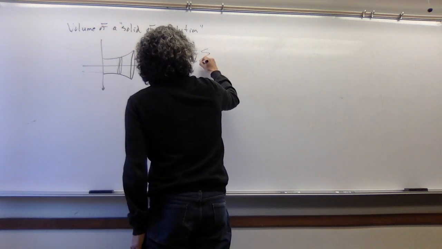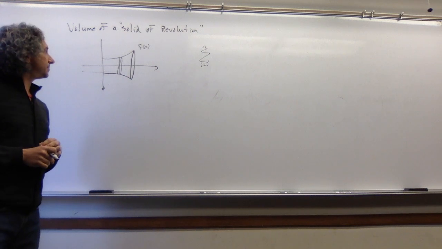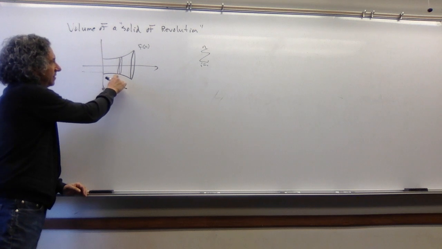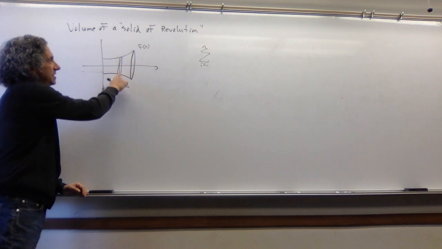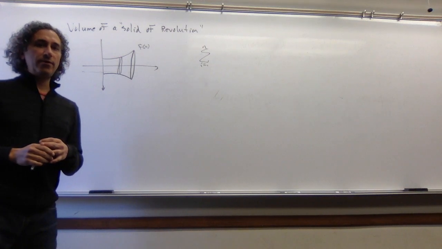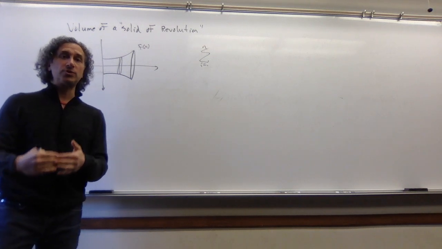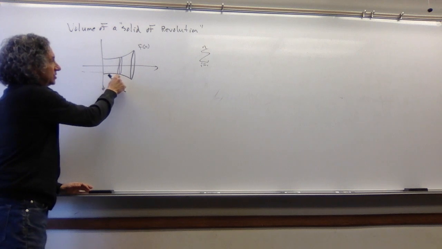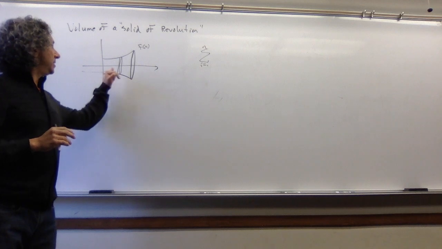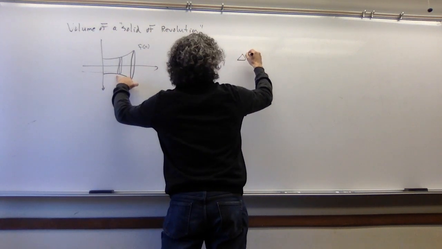So let's take a look at this then. We want to add up my n cylinders, or add up the volumes of the n cylinders. So how do I get the volume of a cylinder? Well, I'll need to get the height of the cylinder times the area of the top of the cylinder. That'll be a way to approximate it. You may remember the formula for the volume of a cylinder being pi r squared h. So this is the h in this case. And again, I'm stacking them this way, and I'm going to add more and more of them. So this distance is our good friend delta x.